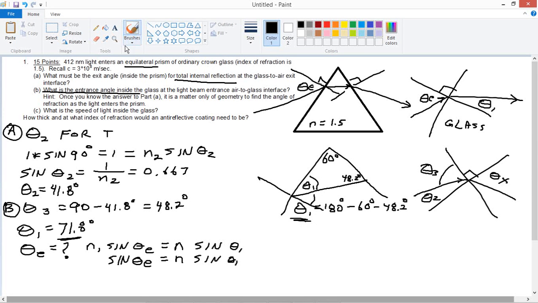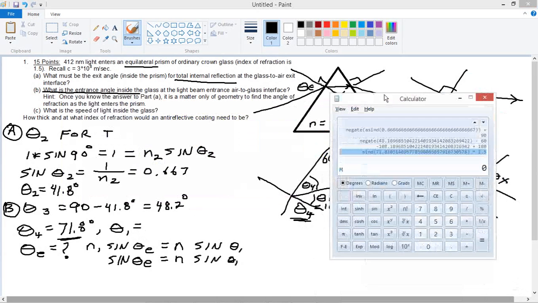And this is actually not theta 1. This is some random angle. I'll call it theta 4. This is theta 1. So theta 4 is 71.8. That makes theta 1 equal,